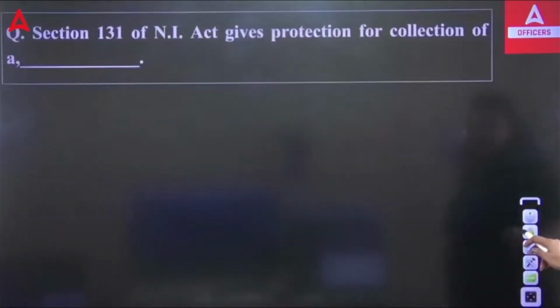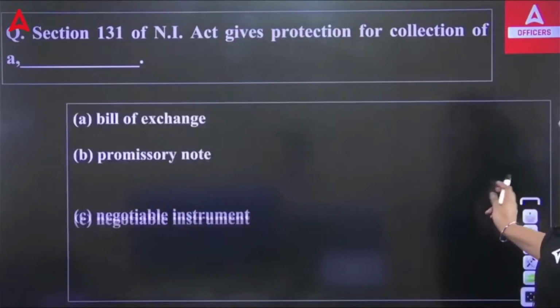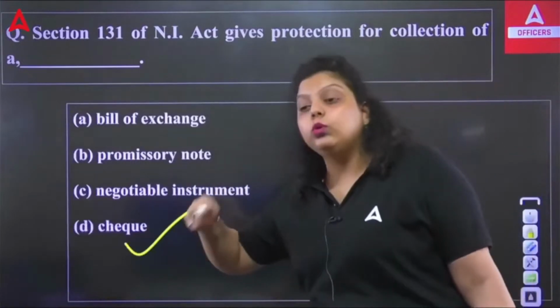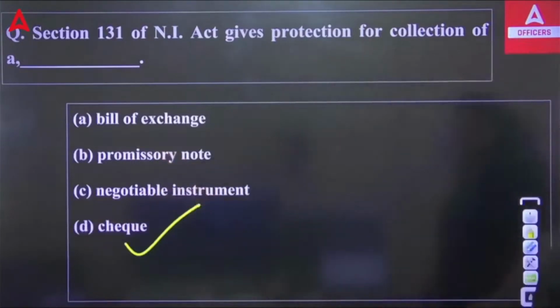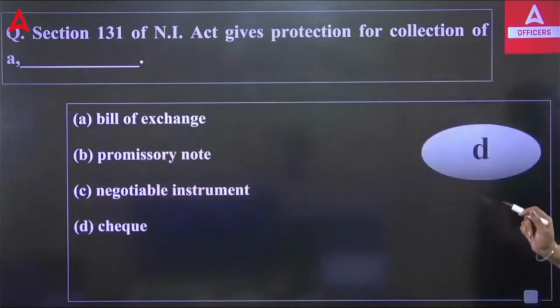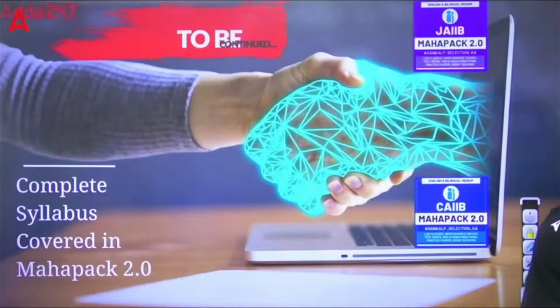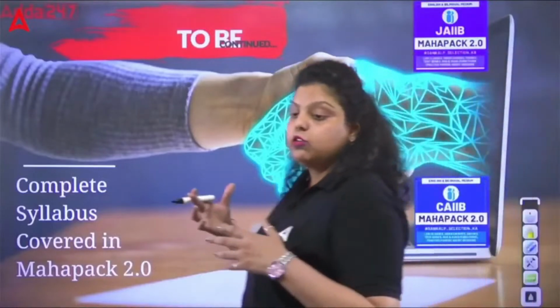Next, section 131 of the Negotiable Instruments Act gives protection for collection of which of the following? We have discussed this. For the cheque, it gives protection for the collection of cheque to whom? To the collecting banker. To the collecting banker, it will provide you the protection. So, this is what we have discussed about the payment and collection of cheque and the other Negotiable Instruments Act